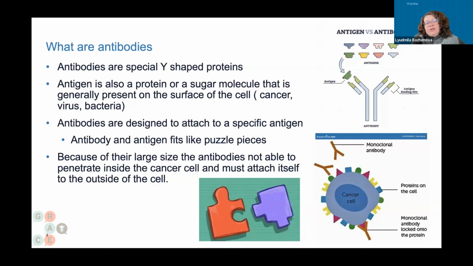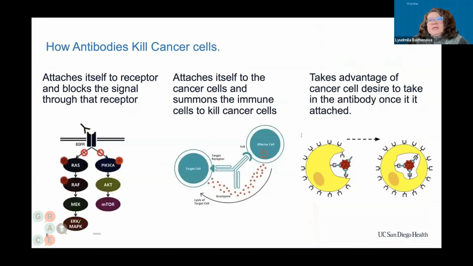The challenge with antibodies is that it is a big molecule. Compared to that, chemotherapy can go inside the cancer cells. Earlier, we were talking about EGFR targeted therapy. EGFR targeted therapies, we call small molecule inhibitors, and they are also able to go inside the cancer cells. The antibody cannot do that. It has to attach to the surface. So the question is, if the antibody does not go inside the cancer cell, how does it kill cancer cells? By attaching itself to the top of the cancer cells, they die.